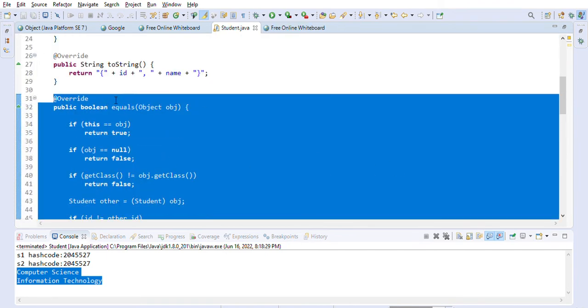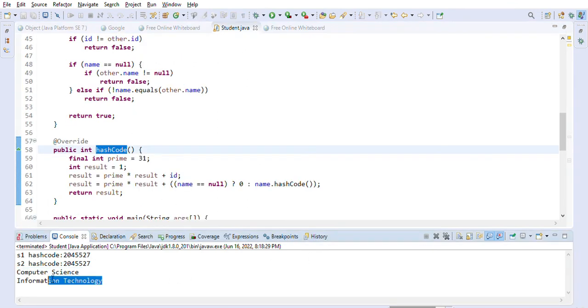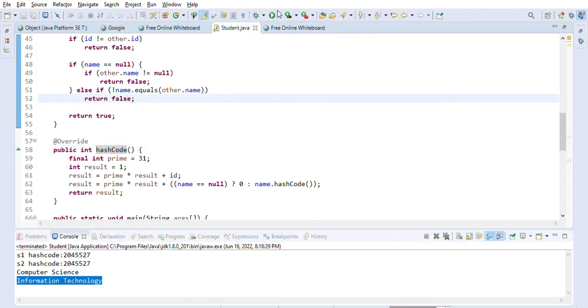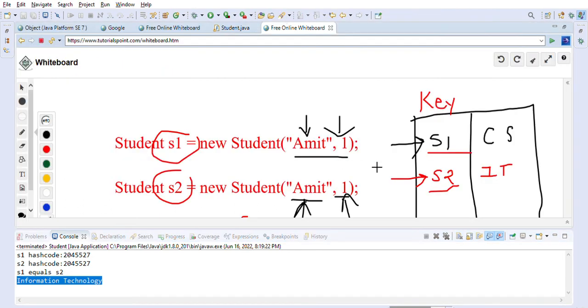Now we implemented both equals and hash code here. So now let's rerun this code. Now it should produce only one entry, information technology, because this is the correct way of implementation, right? So now it has produced only one entry here, information technology, because it knows that it is actually an equal object. It will override this object with s2, right? It will overwrite it with s2 and it will change its value with information technology, and that is what we